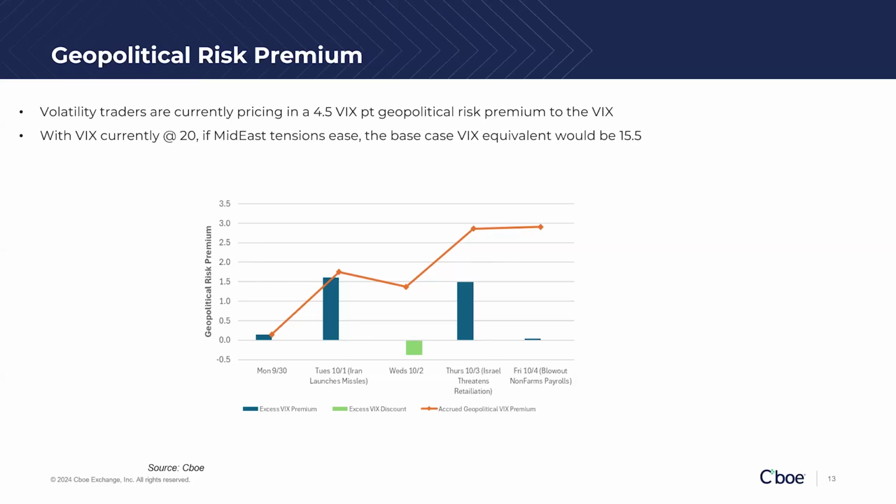So basically, what this is showing is that the VIX started to accrue about 3.5 vol points of additional geopolitical risk premium on top of the baseline economic fundamental risk. So in essence, this is partly why the VIX was so elevated during the month of October. It should have been around 15 and a half. But because of this extra geopolitical risk, VIX was trading around 20.